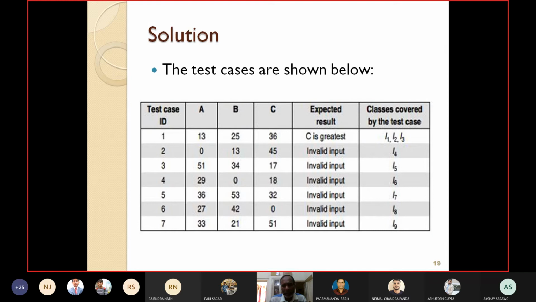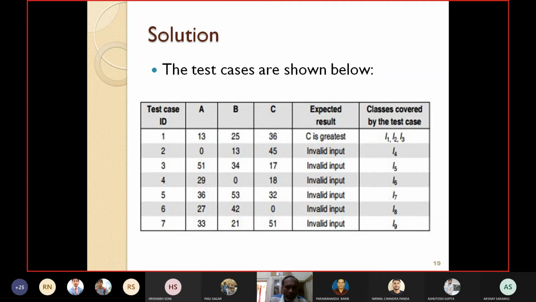Sir, here we have not considered having two inputs, let's say A and B, both having invalid inputs. See, this is as good as taking one invalid input, or 2 or 3. Whenever one input value is invalid, the output should be invalid input.